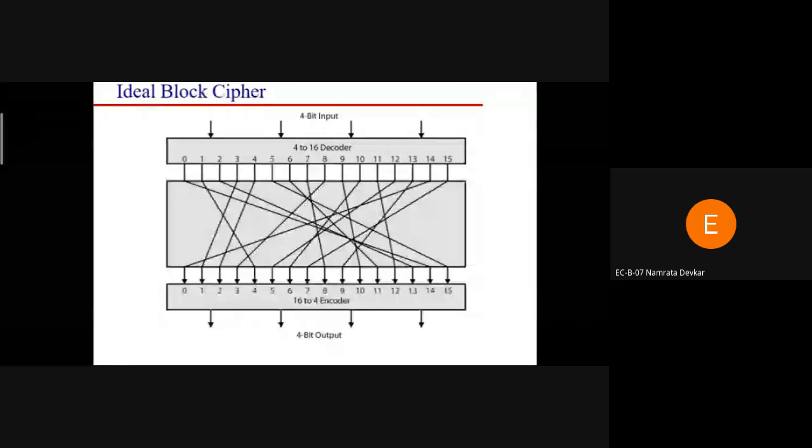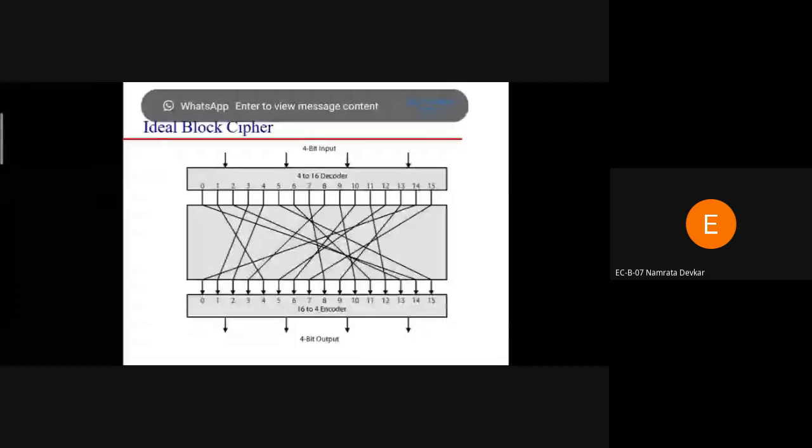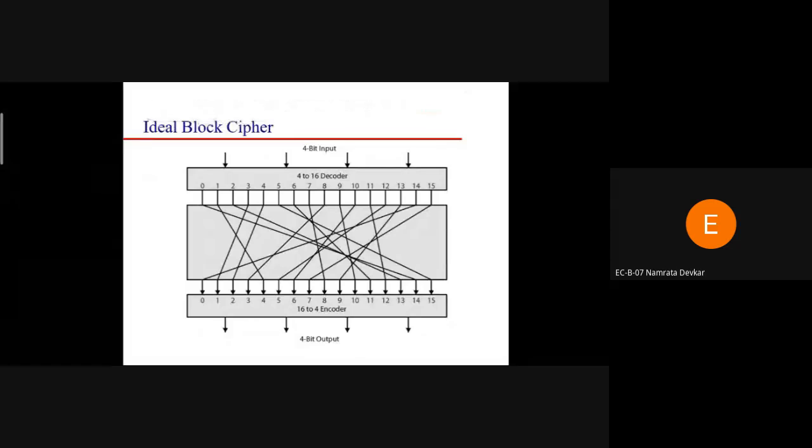Yes, sir. Okay, consider how we did the mapping. Depending on the input information, if the input bits are 4, we have to design this algorithm and use the standard mapping. So 0 is mapped to 14, 1 is mapped to 4. Likewise we can hide the information with the ideal block cipher. At the receiver side, the receiver can also decrypt the message, and we get the message in 4-bit size. So that is the concept of the ideal block cipher.